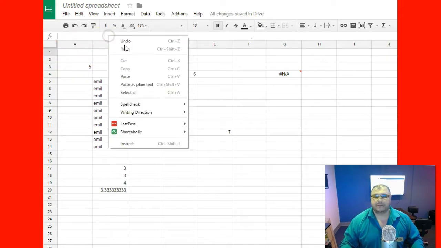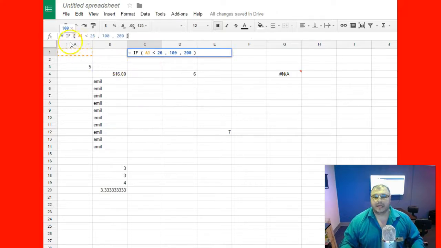So here's what the syntax of the formula looks like. It's equals IF, in parentheses, A1 is less than 26, then 100. Then it says comma and then 200. So what this expression is basically saying to you here, colleagues, let me zoom in so we can discuss it in detail,